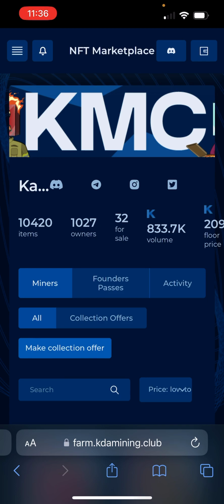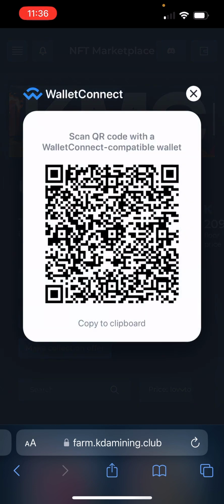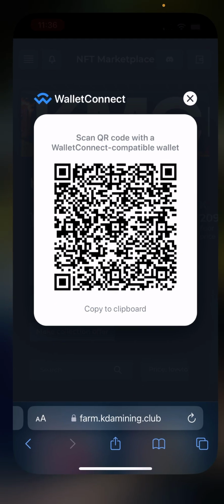Go to any page on our website, farm.kdamining.club, and on the top right you'll see the wallet. So click that and then click WalletConnect. And you should get a QR code here, so we'll copy that to the clipboard, and then we will open